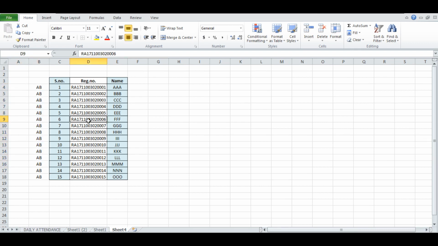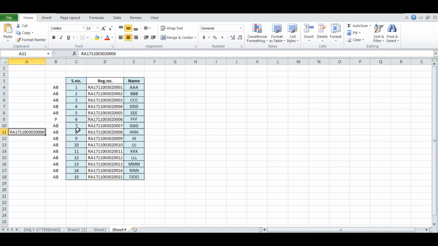Say for example I am copy pasting this number here. See what happens. So I am pasting the register number 6, so automatically it says it's present. One more number. So it doesn't depend on the order. So whatever order the register number in this cell may be, it shows. But only thing is, if you paste a number before it, say for example I am pasting 11 here, it does not reflect here. Why?